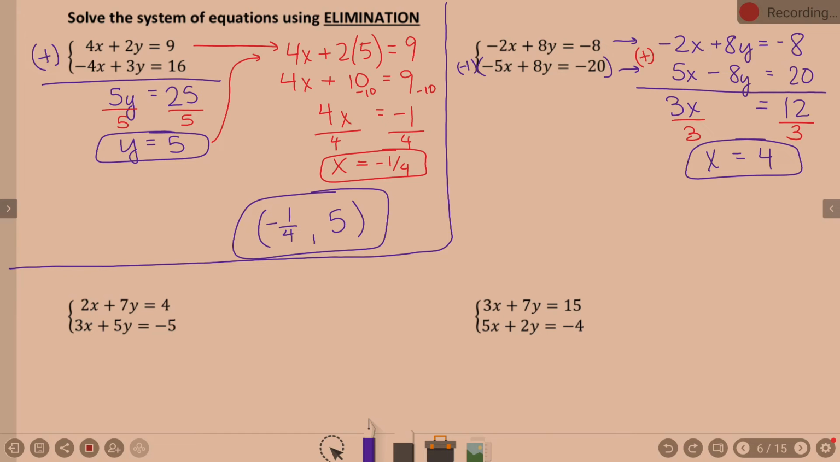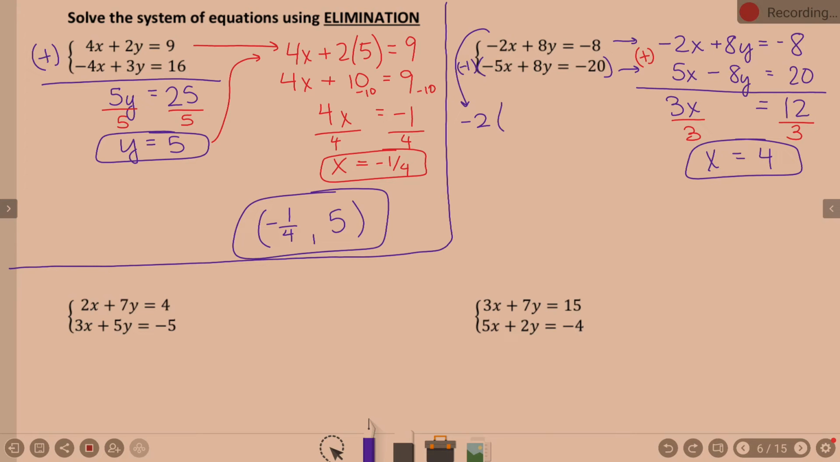Am I done? Nope, only if you want half credit. It'd be a shame to come this far and only get half credit. What do I do with that 4? Plug it into one of them? Which one? Top one? It doesn't matter. It doesn't matter. So if we use the top one,